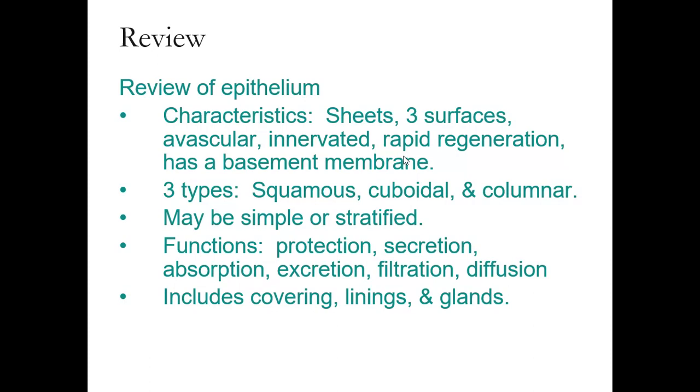There are 3 types of cells: squamous, cuboidal, and columnar. And so you should know what those shapes look like. Squamous is flat, cuboidal is kind of cube-shaped, and columnar is column-shaped or tall. They can be simple or stratified, so it can either have 1 layer or more than 1 layer. And we name them by the cell shape and the type of layering. And finally,